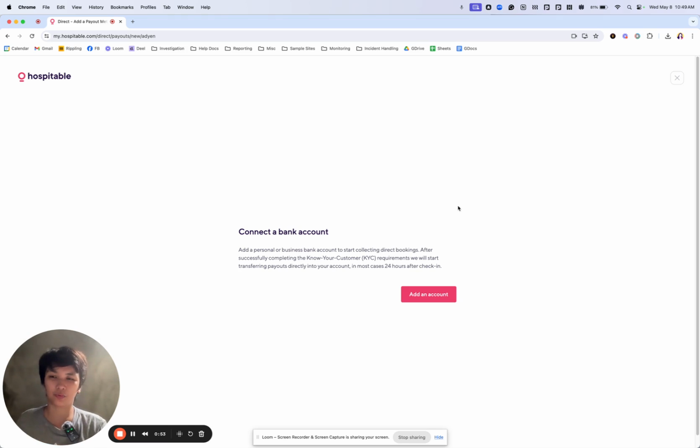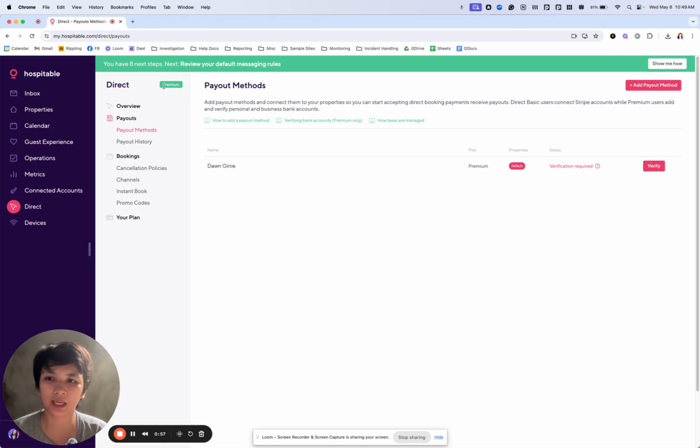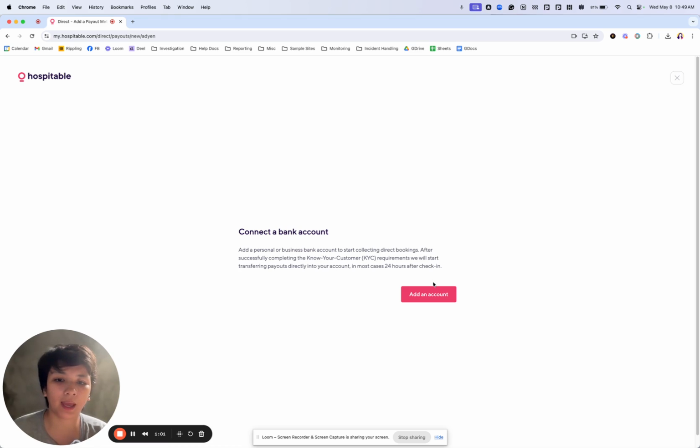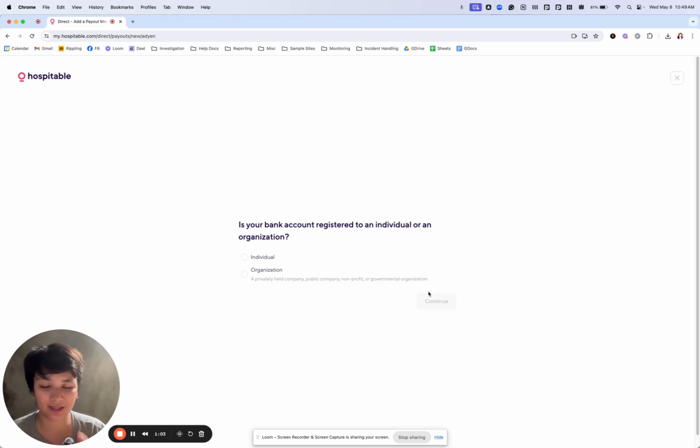As I selected premium on the account, let me just close this out real quickly. Here, you can see I selected premium. It will require a bank account from me. And the most important step is this one, to select whether you are adding an individual bank account or an